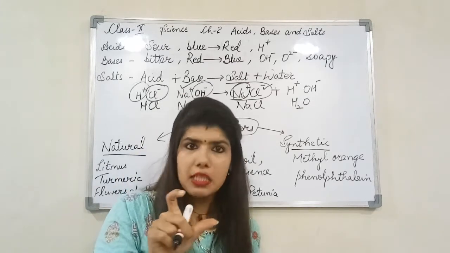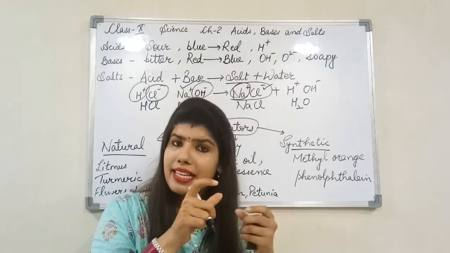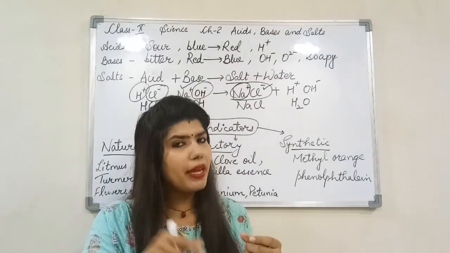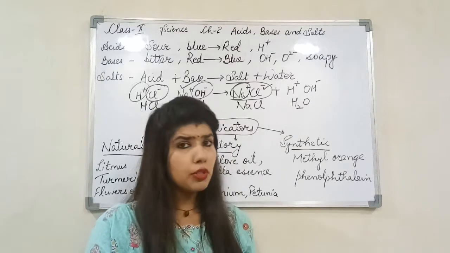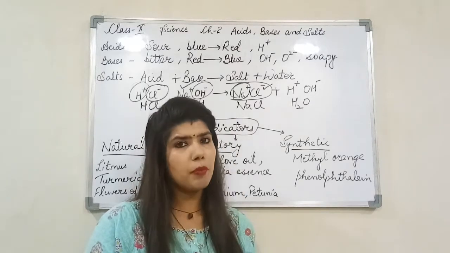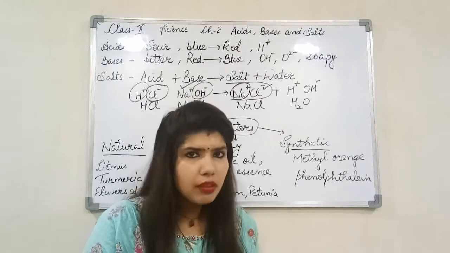What was it? Acidity problem. So I told you, if acid is more, what will we add? We will add a base. So here acid is more. The first option was lemon juice. Lemon juice has an acid known as ascorbic acid. So I hope you won't be giving it to that person.